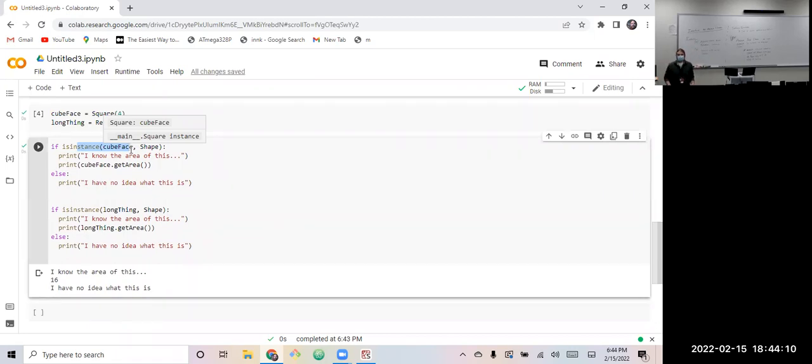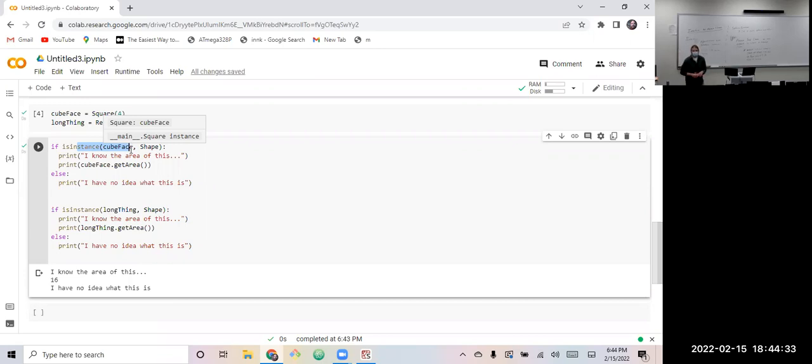Or in the C family, when you go to the class, I want to make sure I talked about this before, you'll just use normal casting. So you'll take the cube face object and actually turn it into a shape object before calling any of the methods.